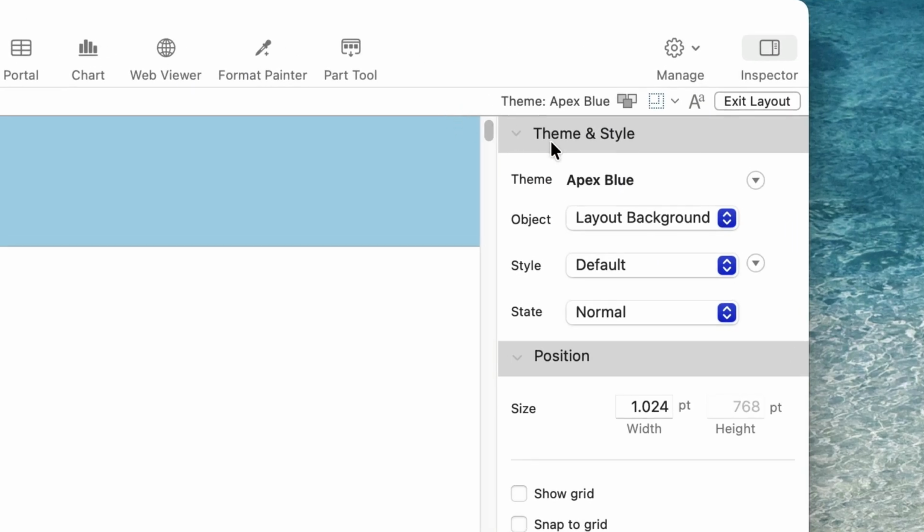And let me see this again. The theme is Apex Blue. It comes with all kinds of object settings, which are styles attached to objects and layout parts. And these settings have a similar look and feel to it.